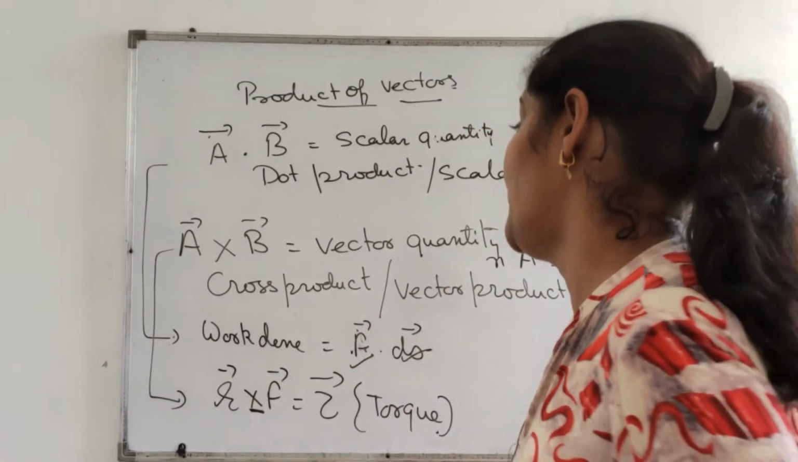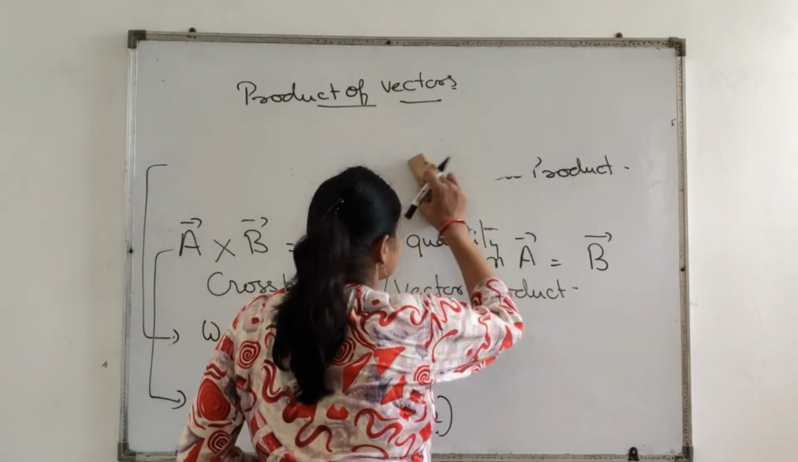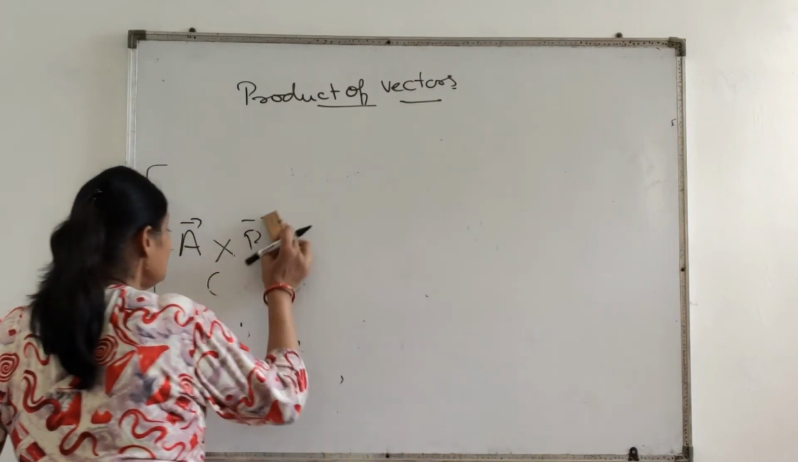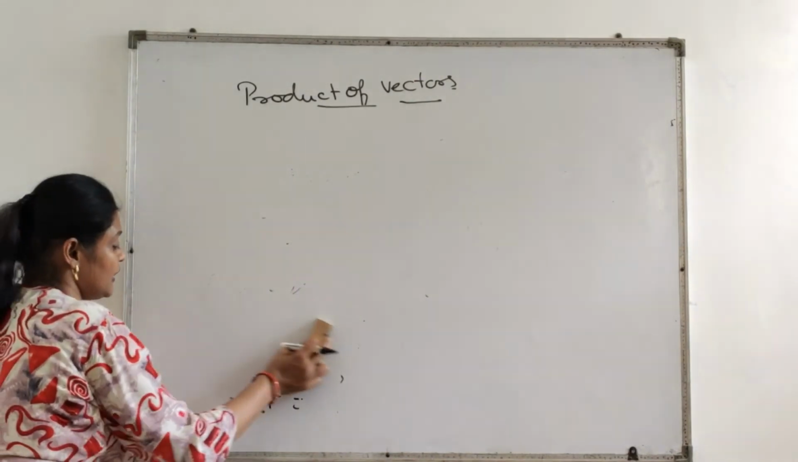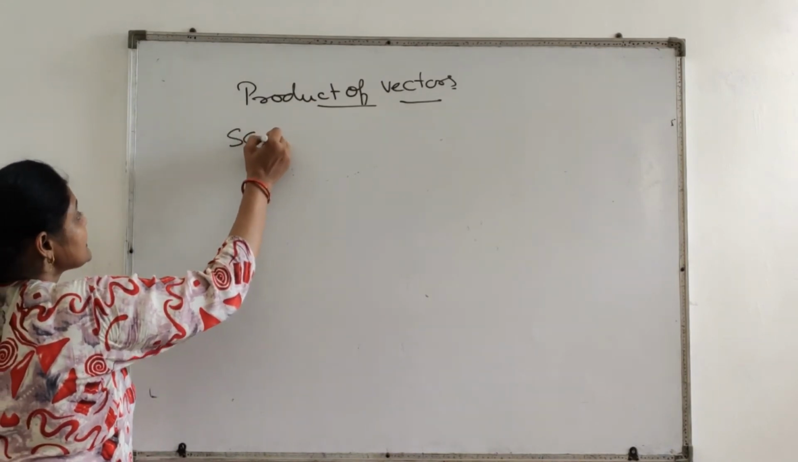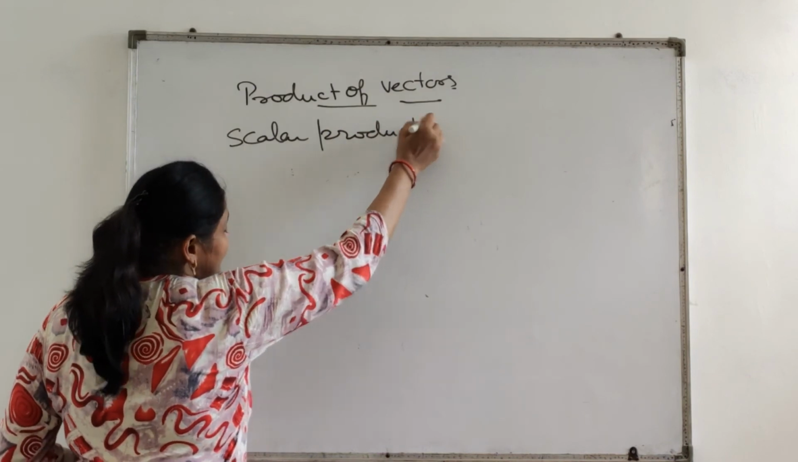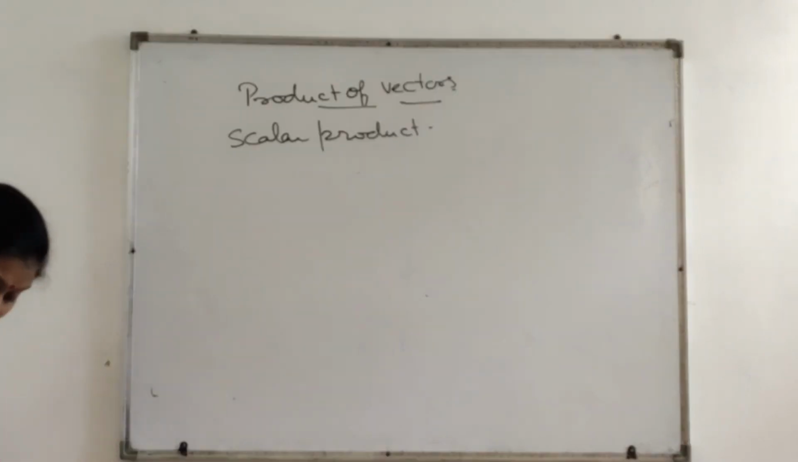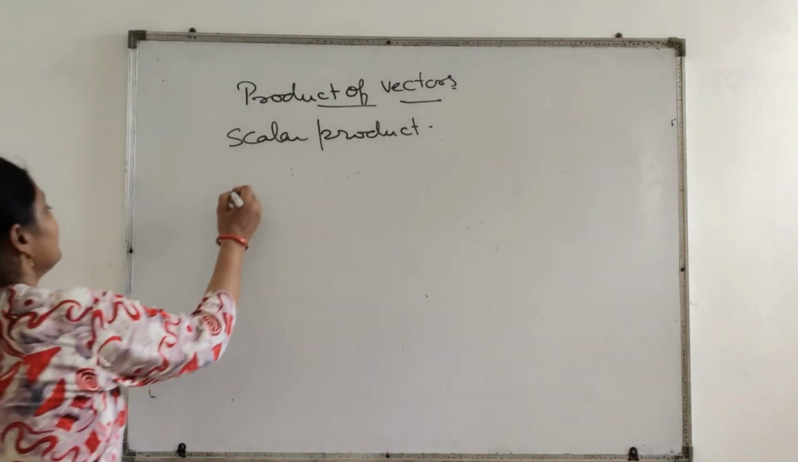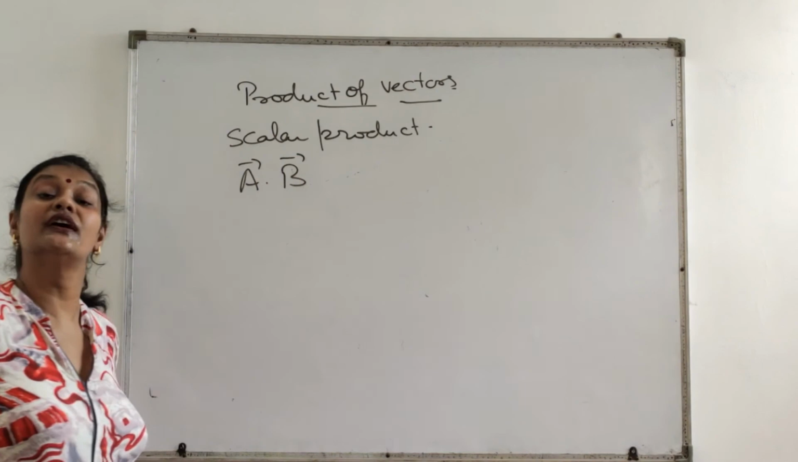So let us begin with the dot product. Let me start with scalar product only. What do you mean by a scalar product? Scalar product means that when you multiply two vector quantities, if you are going to do their dot product,